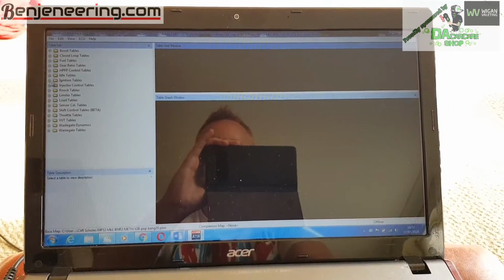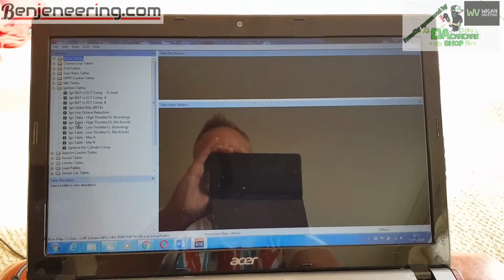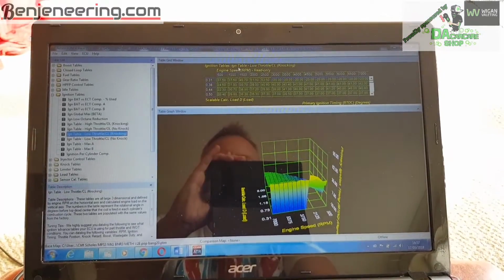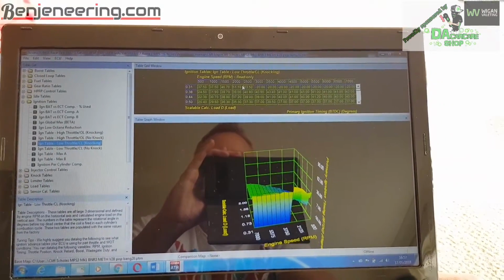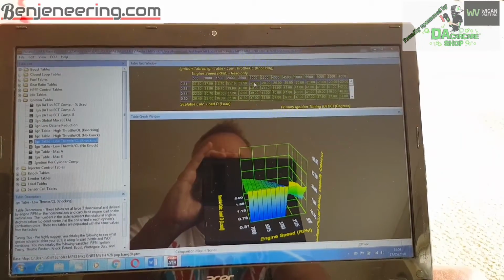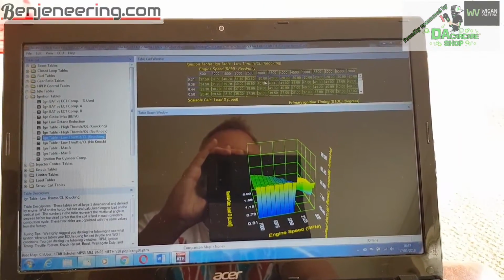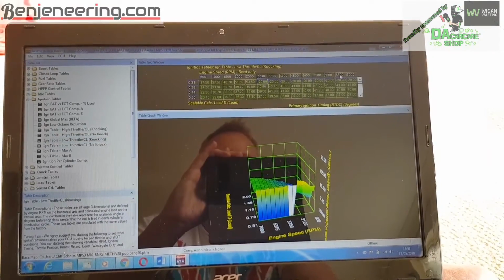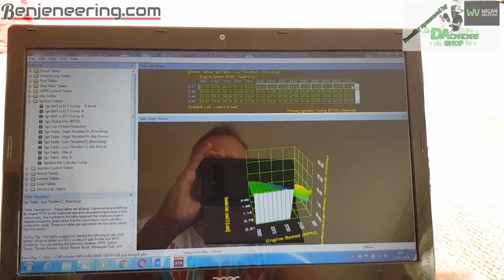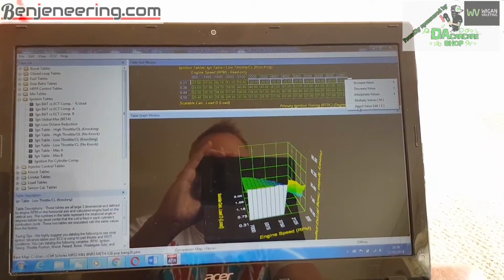Then we want to go to ignition tables. Open up ignition tables. Go down to ignition table low throttle CL knocking, and the table will come up like this. Now what we want to do is change these tables here, from 3000 to 7000 RPM, just the top row. So click on your first one, then hold your shift button and click on the last one so they're all highlighted. Right mouse click, go to direct value edit,